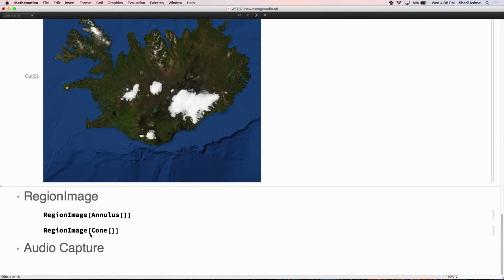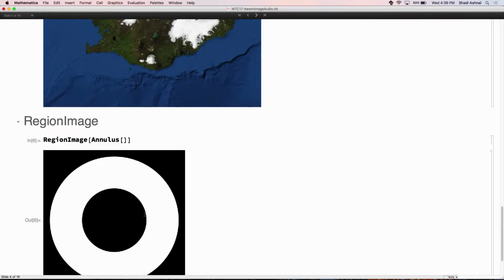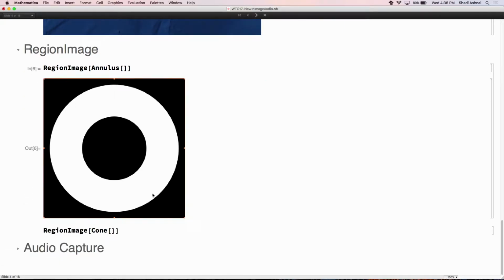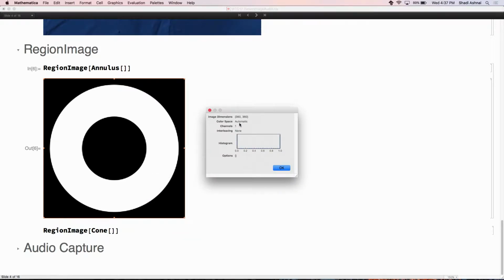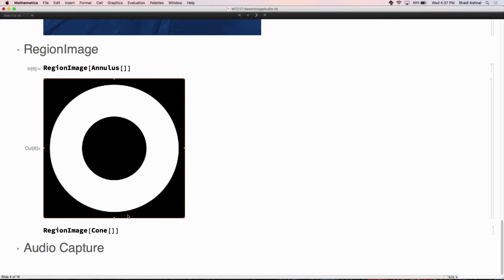And then one other way of creating images, going from all the computational geometry capabilities that we have that create meshes and mesh regions and so forth, or just the region specification. This is actually a raster image. Unfortunately, I don't have the toolbar that we typically get. But with get image information, it's 360 by 360, or whatever dimensions you specify, and so forth.